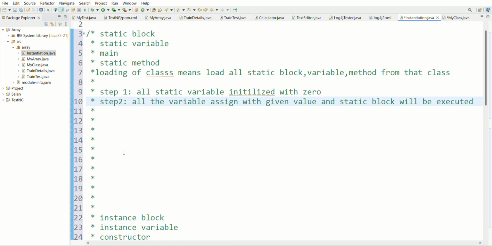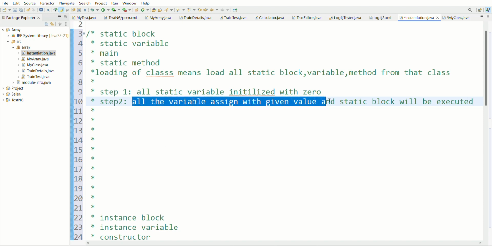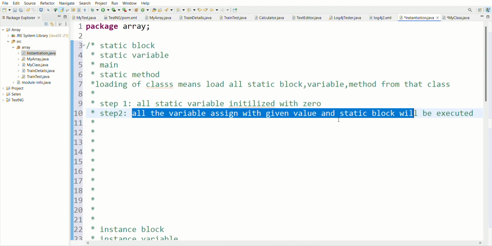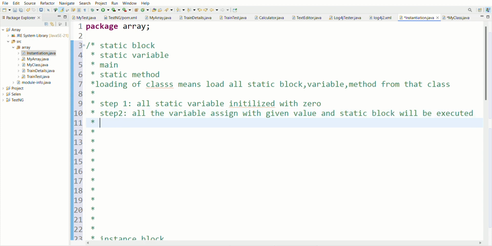This is my second step. All the static variables are assigned the given value and static blocks will be executed. Now it will execute from top to bottom. Whoever comes first gets the first priority, and whoever comes after gets the last priority. Top to bottom. This is my second step.